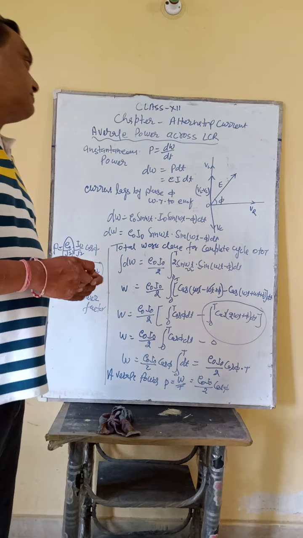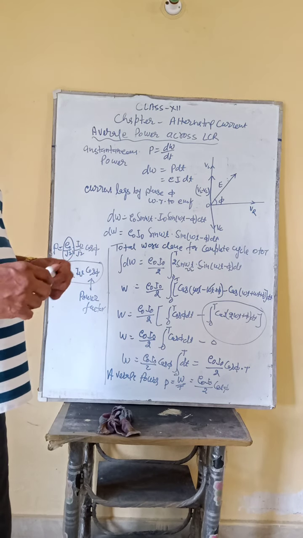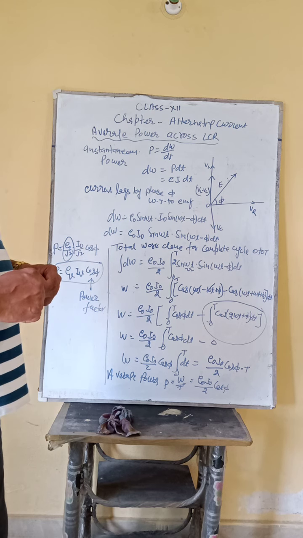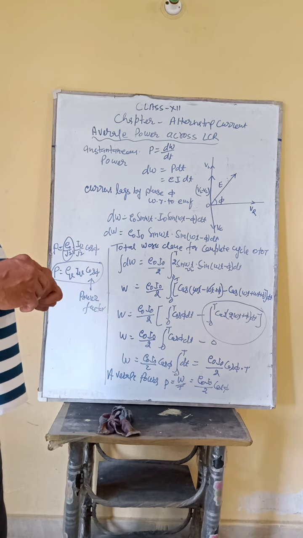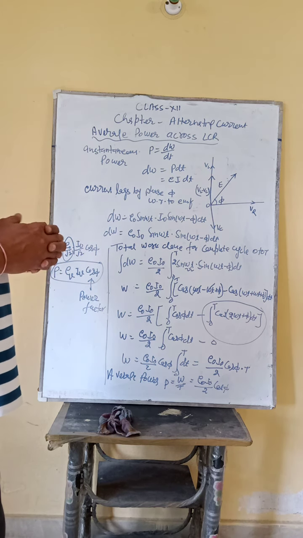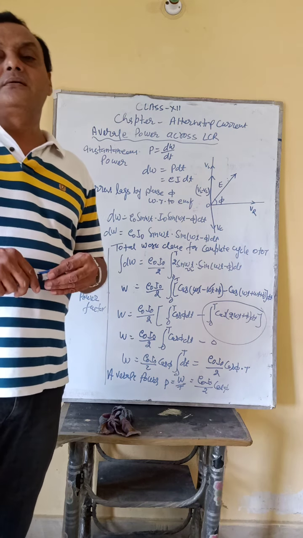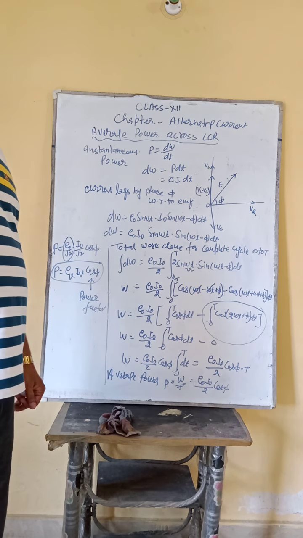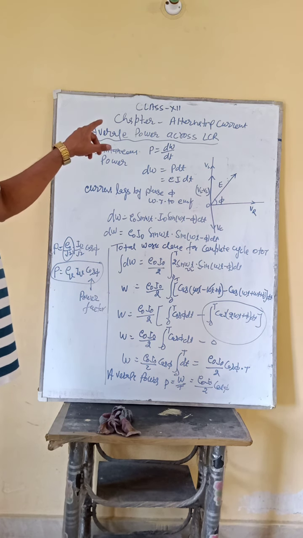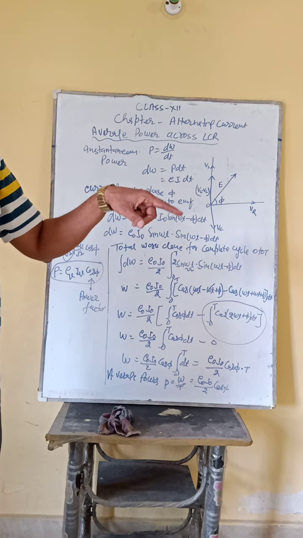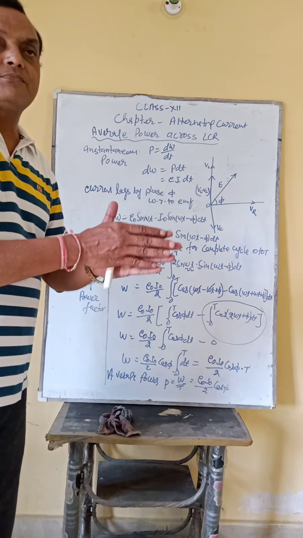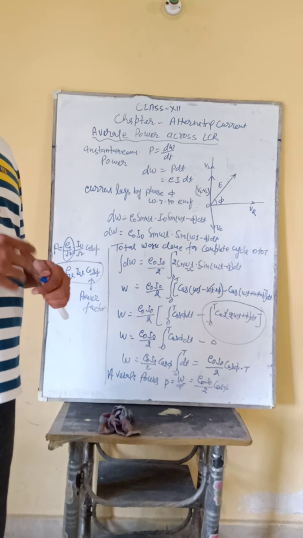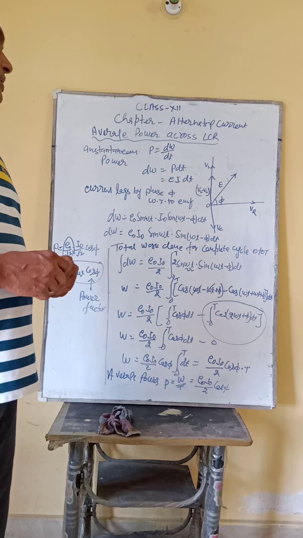So in this chapter and the video related to this chapter, I have told the average power and the condition of resonance. Again my suggestion for you, for better understanding, is to see the continuous video of this chapter. Whenever you start to see that video, definitely all the chapter will be completed, and I think there will not be any problem.